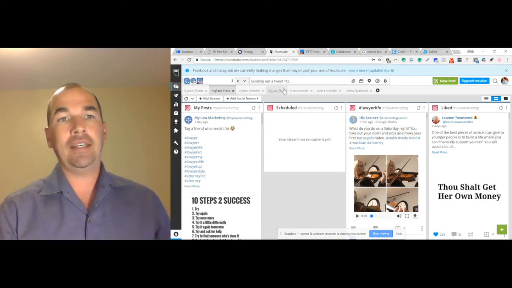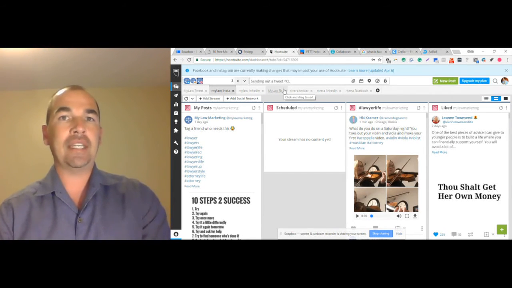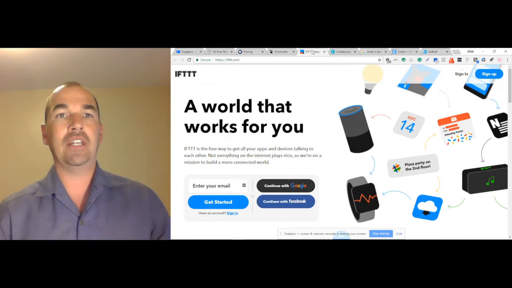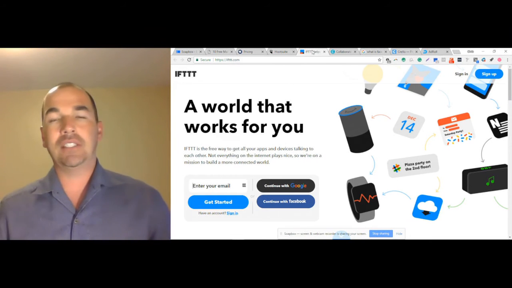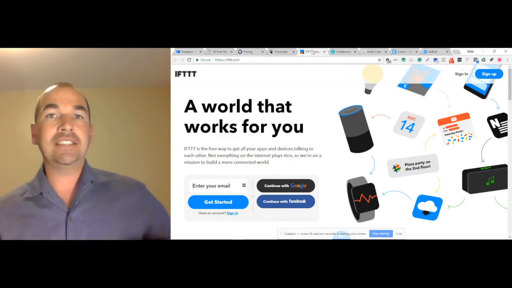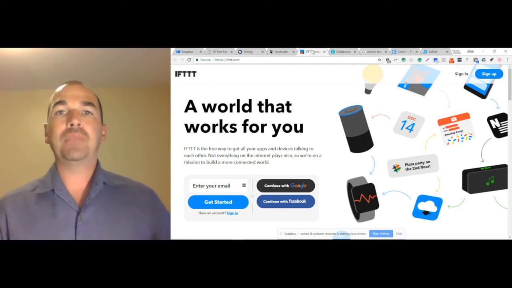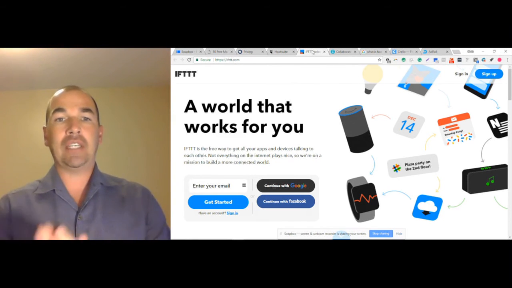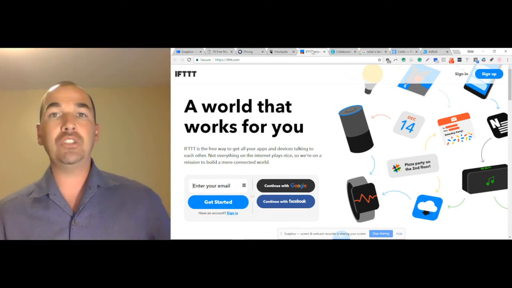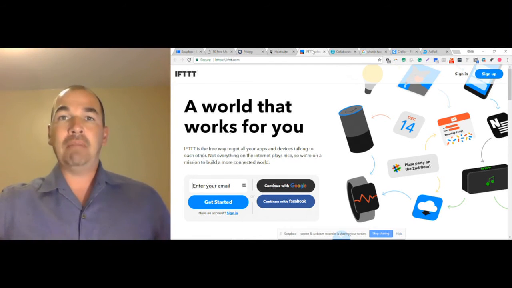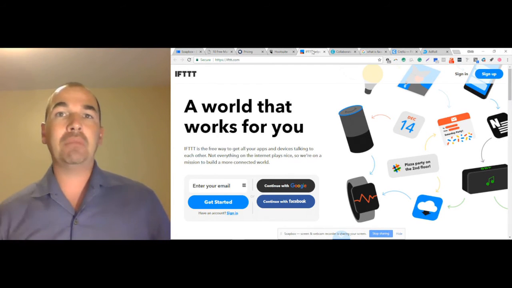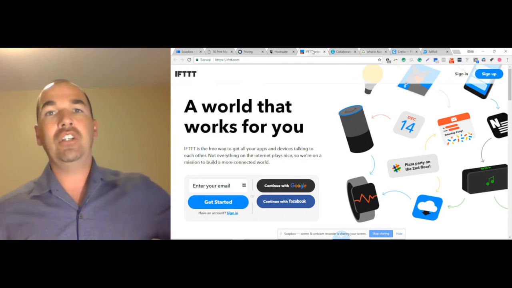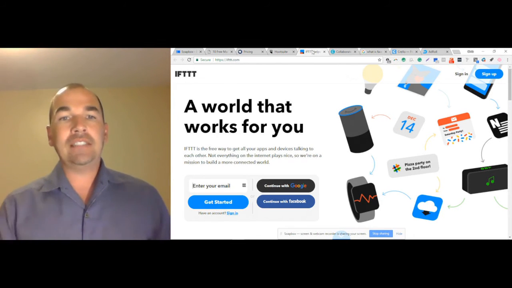That's HootSuite. Okay. Now there are 1,000 other things in HootSuite that I could go over, but I'm going to leave it there and move on to If This Then That. That is IFTTT.com. And the way this works is these are recipes. Basically, if I do something, then something else needs to happen, right? So a recipe could be, if I send a tweet, then I want that tweet to immediately post to my Instagram. Or if I send an email to somebody, I want an automatic Facebook post. There are a lot of things like that.